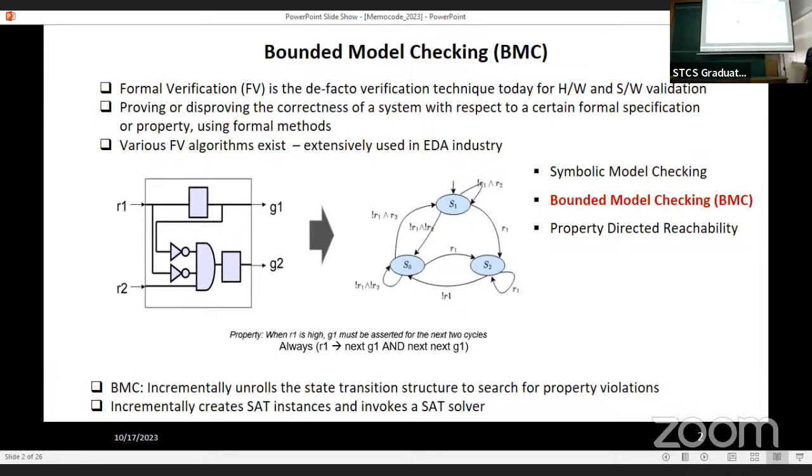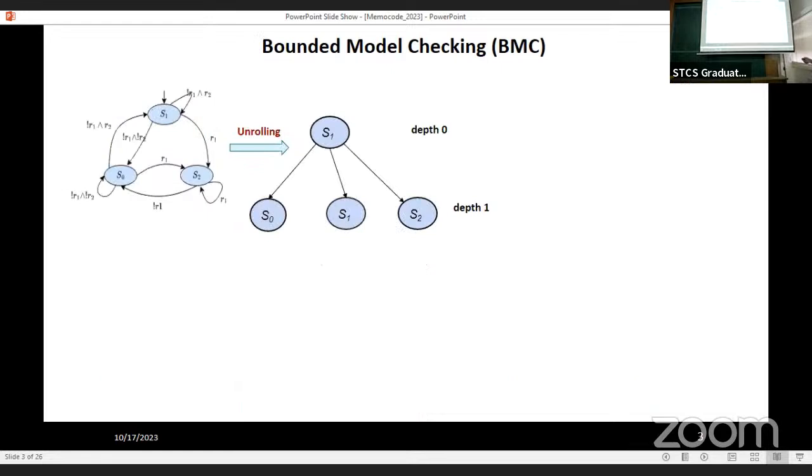So that will prune out the third state. Indeed, I should have shown the G1, G2 values here. But how is the bounded model checking tool going to do the exercise that we just did in our mind? What it will do is first examine the state machine by unfolding it up to a